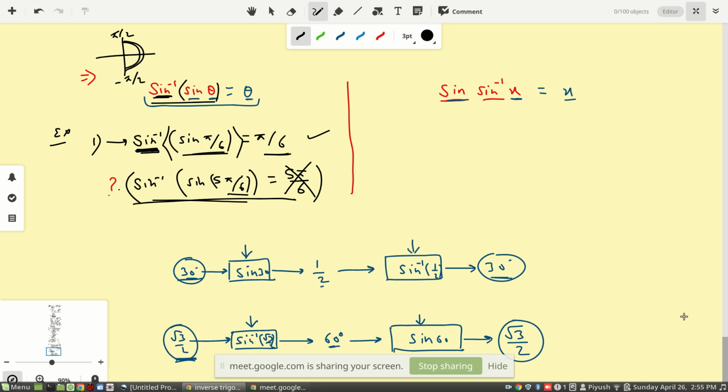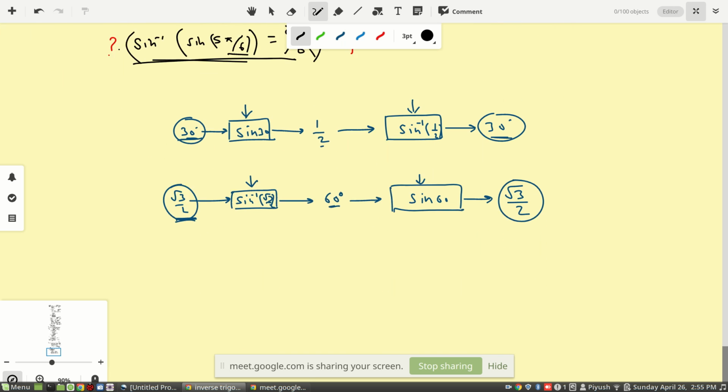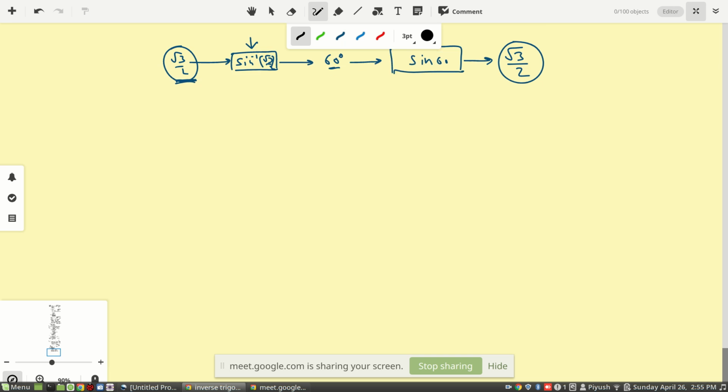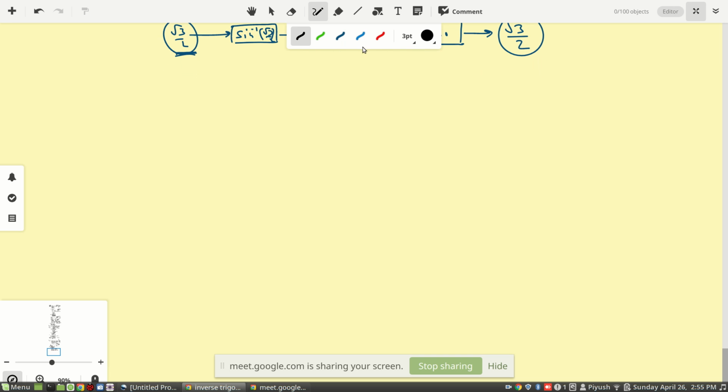So let me write the formula first of all, and then we'll see the different scenarios. A similar situation can come for this case also, but this is more important. First we'll see the left one, and then the right one. For the left side, first we write the formula. In the case of sine inverse of sine theta, the output will be theta. In the case of cos inverse of cos theta, this also is theta.